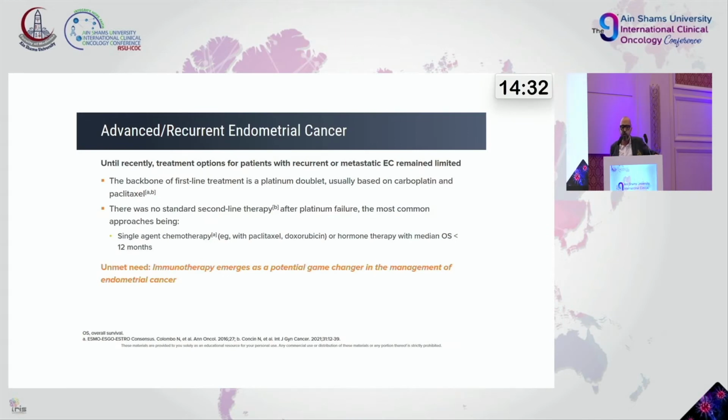Until recently, treatment options for patients with recurrent or metastatic endometrial cancer remained limited. The backbone of first-line treatment, as we all know, is platinum doublet, usually based on carboplatin and paclitaxel. There was no standard of care second line after platinum failure, and single-agent chemotherapy, for example with paclitaxel, doxorubicin, or hormonal therapy, had a median overall survival of less than 12 months. So there was an unmet need, and IO or immunotherapy emerges as a potential game changer in the management of